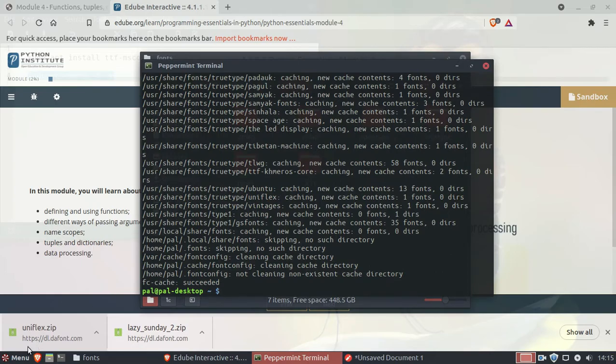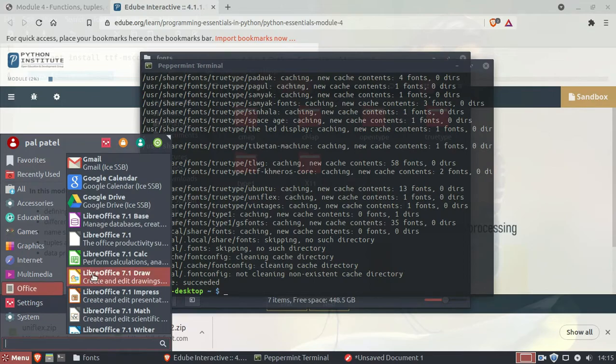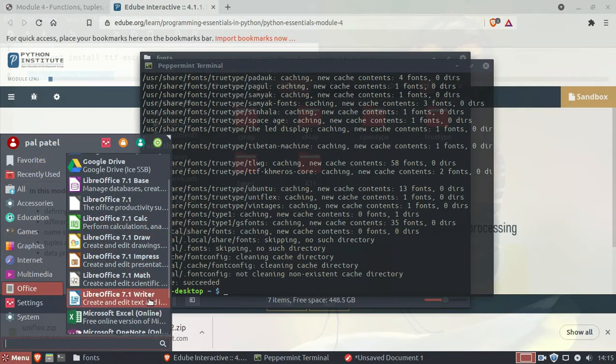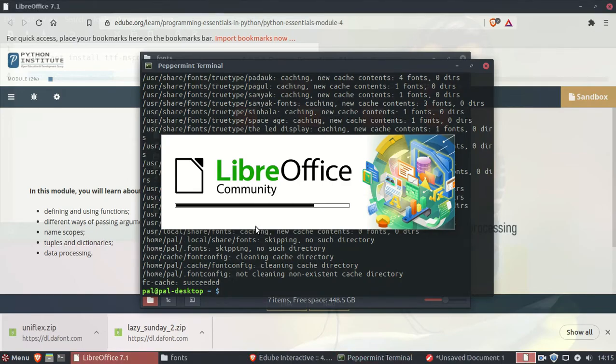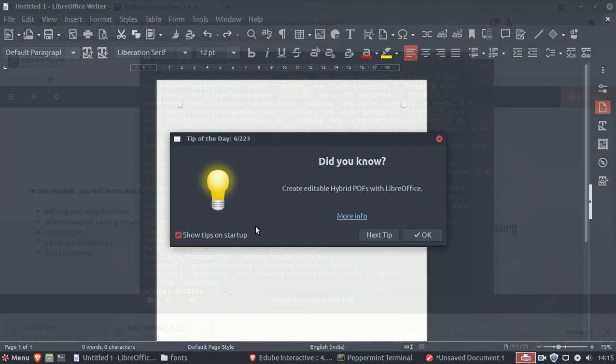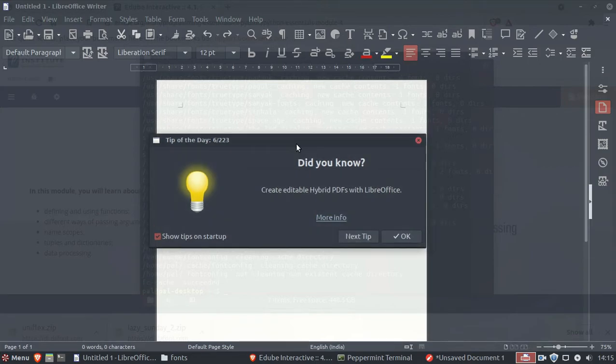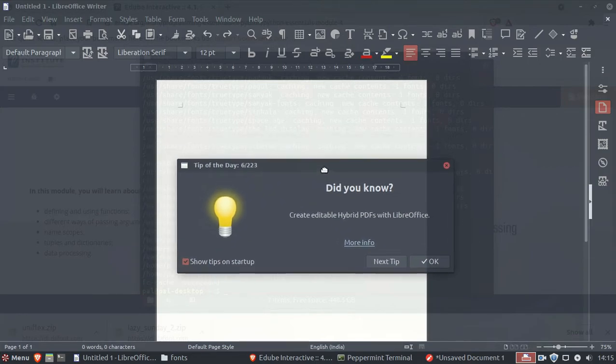So let's go to the program, which is LibreOffice Writer, a free office suite for Linux. If you wonder which operating system I'm using, it's the Peppermint operating system based on Ubuntu and Debian. You can check here in the upper left side a preview of Peppermint OS. I can say it is the best OS I have ever used. So I will recommend you to use Peppermint OS. It's so fast and lightweight.